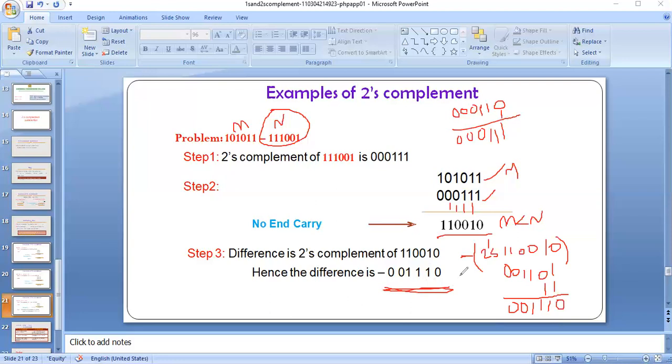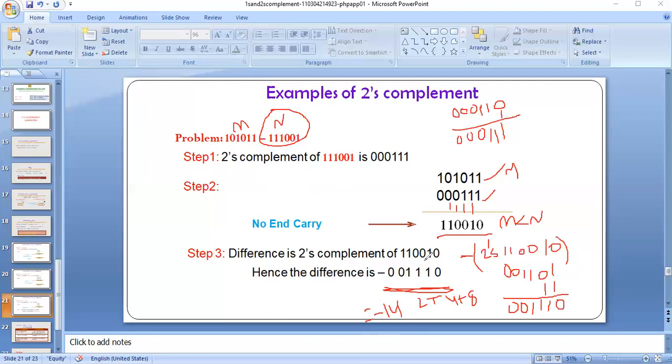So we may check this one. So this is 2 power 0. 2 power 1 means 2. And next 2 power 2 means 4. And 2 power 3 means 8. So after adding these three numbers, we will get the result minus 14. Okay, so you may check, you have to find the decimal equivalent of this number, and after subtracting you will get the difference minus 14.